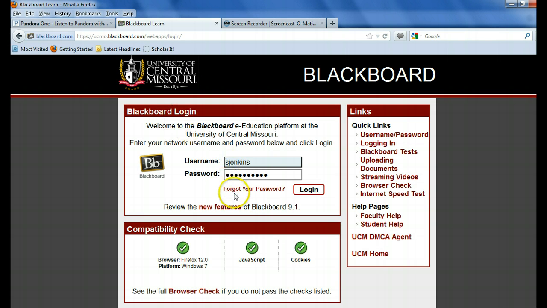And then you get to the login screen. Your login is your 3 initials and the last 4 digits of your 700 number with a 0 on the end, and then your password. Fill in that information and click login,